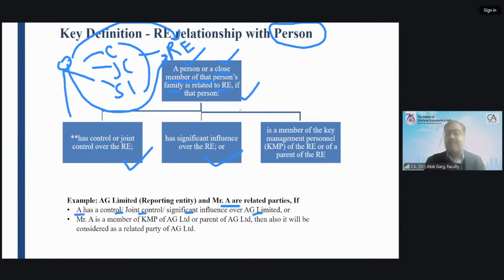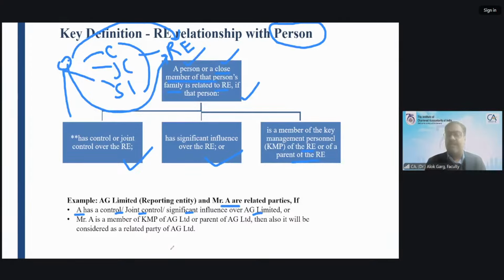Or this person is a member of the KMP of the reporting entity or parent of the reporting entity. Member of KMP means this person is a managing director and CEO. This person is CFO. This person is company secretary, compliance officer. If this person is a key managerial personnel of this reporting entity, so KMPs are also related party to